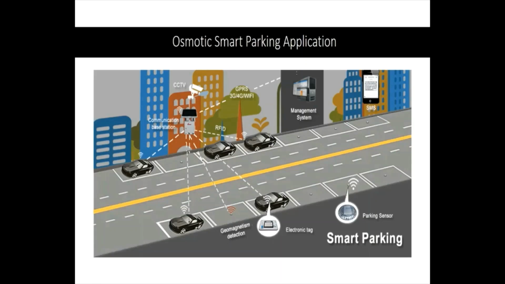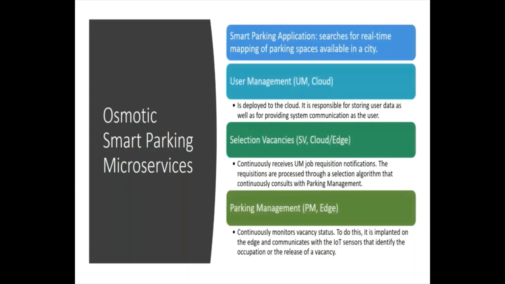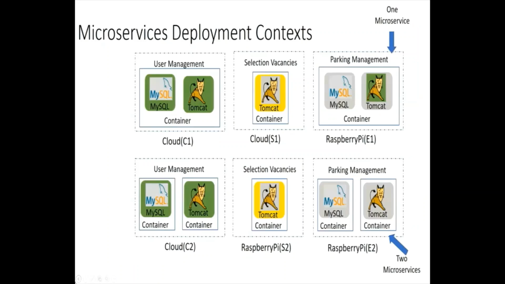And then the issue is, how do we make sure that those microservices are performing correctly through a specific monitoring methodology. So our main technical question is how to ubiquitously monitor the QoS of microservices mapped to different parts of the osmotic computing environment. That means edge, cloud, and IoT. So in our smart parking application, we had three main microservices. This was our setup. In C1, for the user management, both MySQL and Tomcat are in the same container, but for C2, they have their own